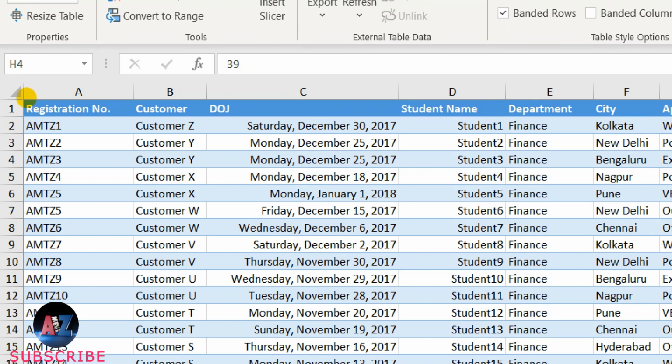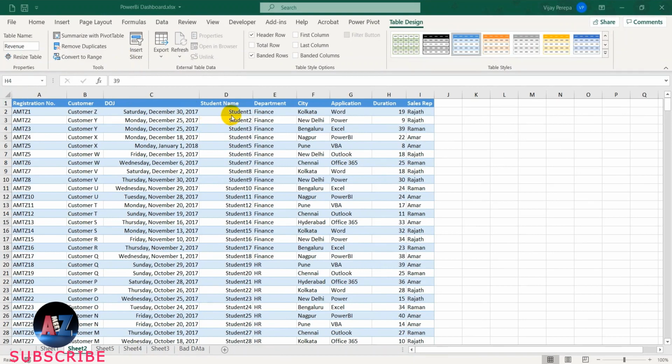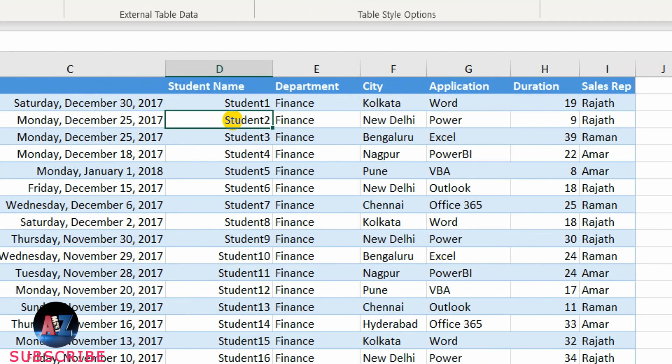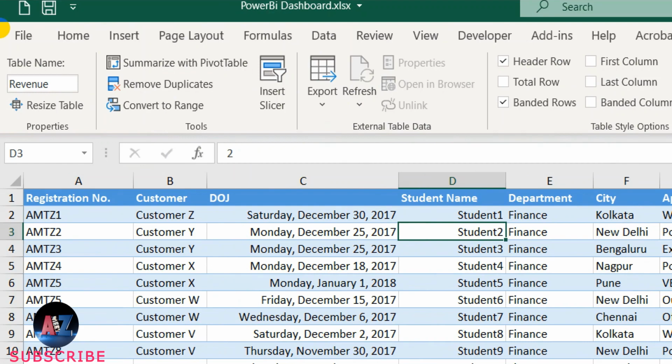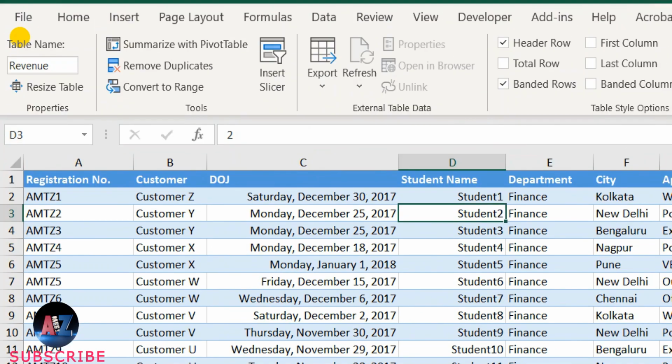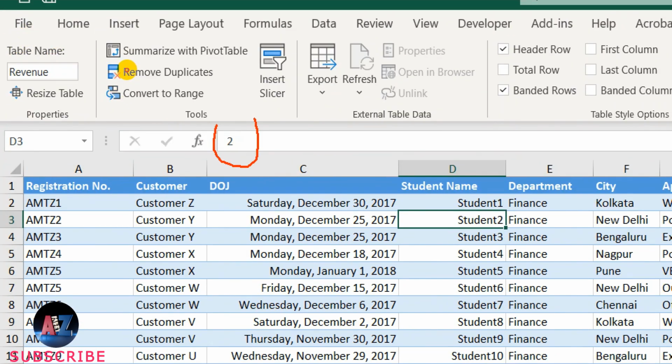Customer date of joining is fine, but when I go to the column student, and if you look at the name of a particular cell, the value of the cell is student 2. Unfortunately, this is not a text type. Our data type is not text. This data type is a number, because if you look in the formula bar, it is showing 2. So in Excel, you can create such a cell value with a custom formatting where you will see the text, but you will not see the real text, and the data type is always number. So I need to clean this column in Power Query Editor.